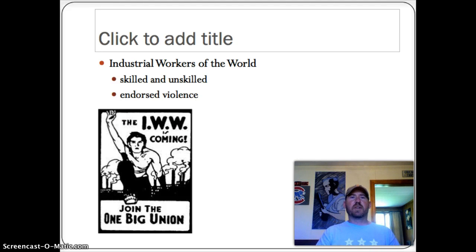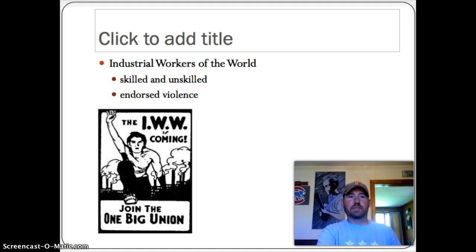Next is the Industrial Workers of the World, or the IWW, also known as Wobblies. They're also a combination of skilled and unskilled workers. Now, these guys are a little bit different than the Knights of Labor because they did, in fact, endorse violence as a means to get to the end. In other words, they felt that any means necessary to get the better conditions that they were looking for their